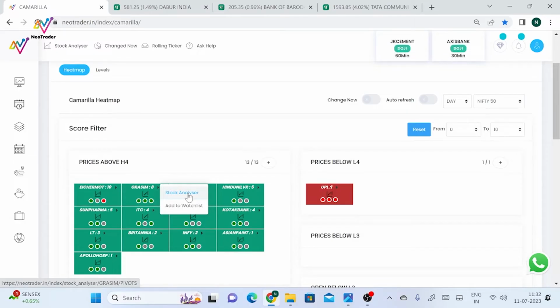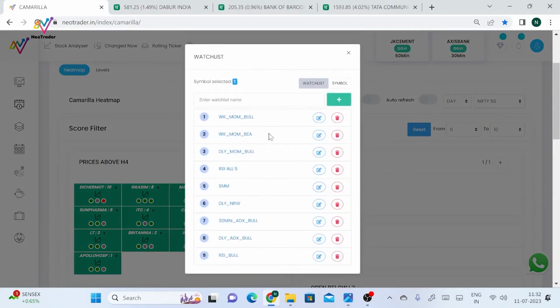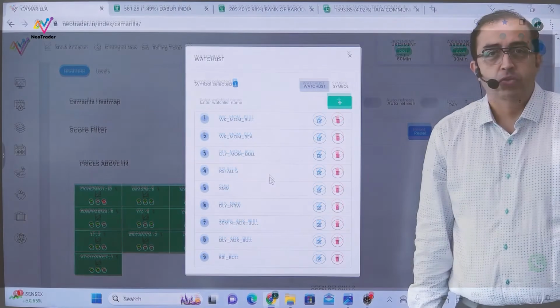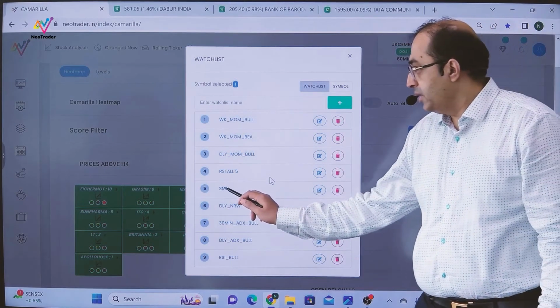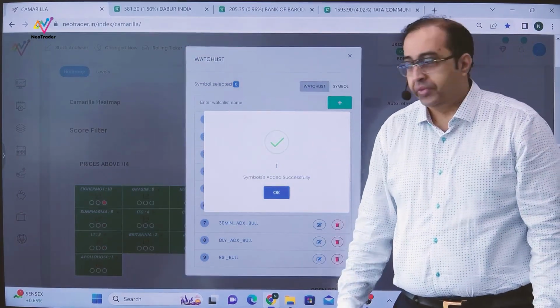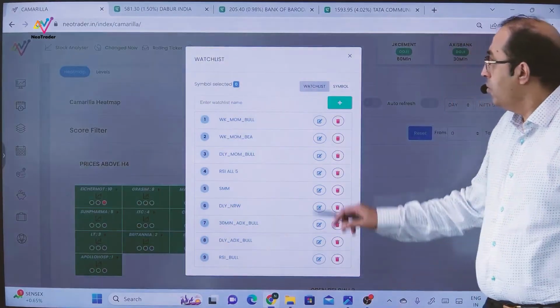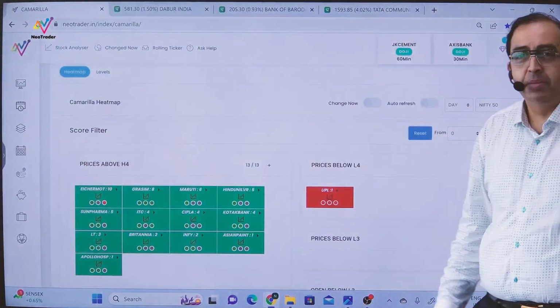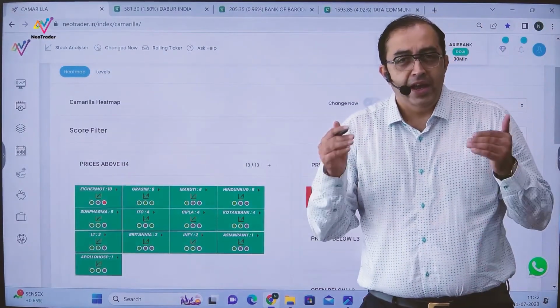You can also click on add to watch list. It will ask you which watch list you want to add it to. Based on that, suppose you select this particular watch list, that symbol will get added. That's how you can quickly participate in the market.